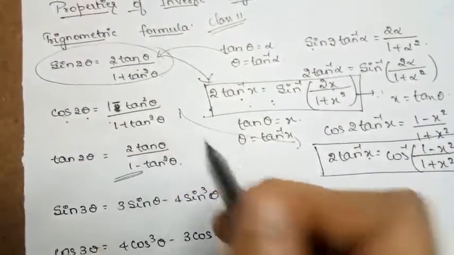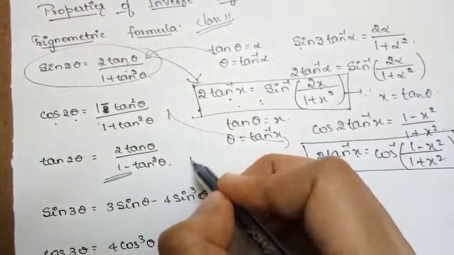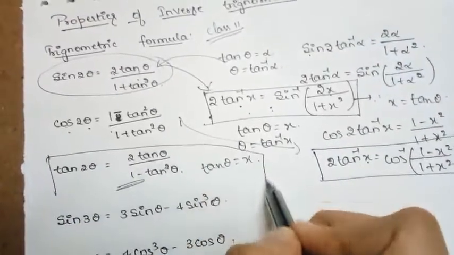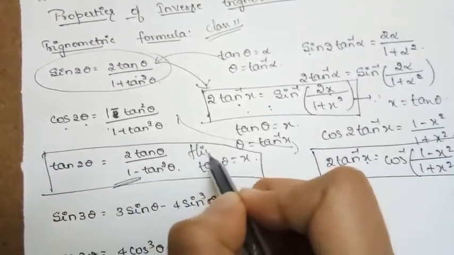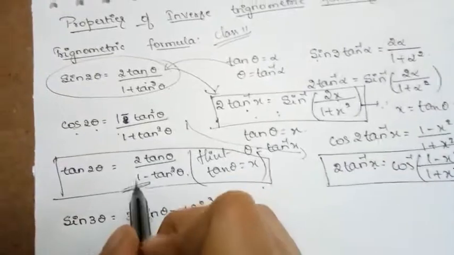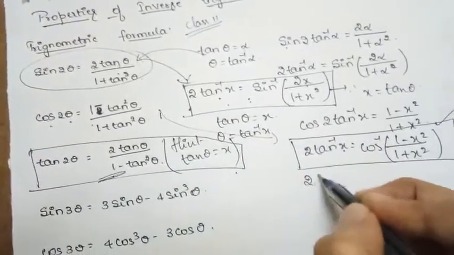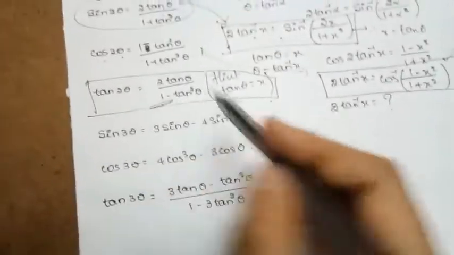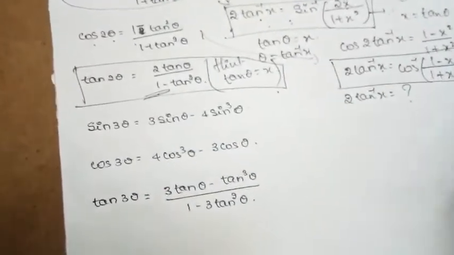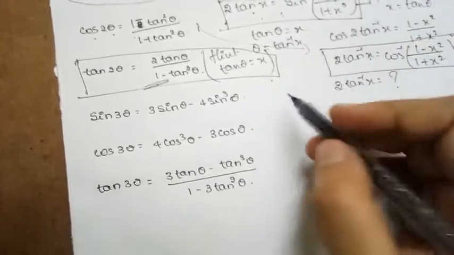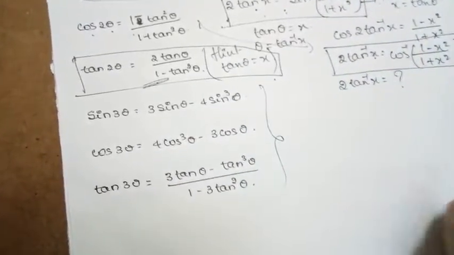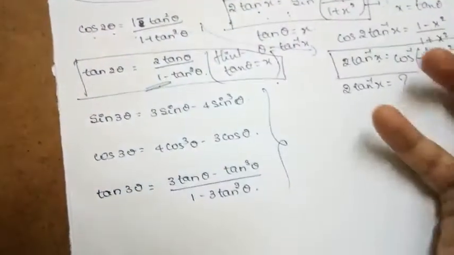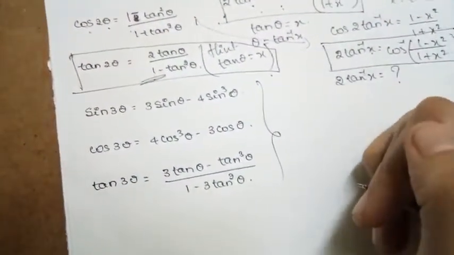Similarly, you can try to derive this one again by taking tan theta is equal to x. This is the hint: by taking tan theta is equal to x, you can derive the formula in terms of tan, what we are going to get for tan inverse of x. This is not mentioned in your NCERT textbook, but I recommend you try this one also, so that it will be easy for each trigonometric identity if you know the inverse trigonometric identity also.